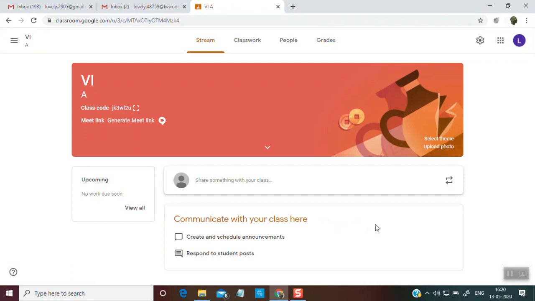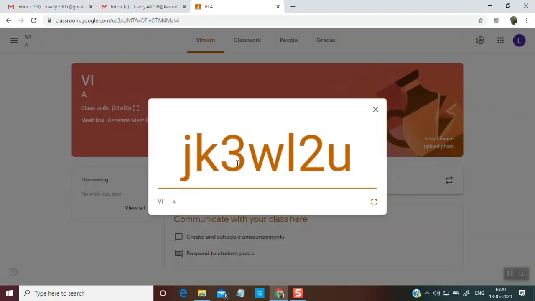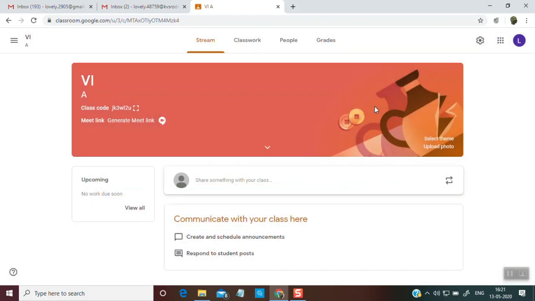Now there are two options through which you can add your students. The first option is this class code. You can just copy it and send it to your students so that they can join the class using Google Classroom through this code. Fine. But in this you have one problem, that you always have to track which students have added themselves and which have not. And here you need to add the students, and the students have to use their G Suite ID only. They cannot use another Gmail ID.